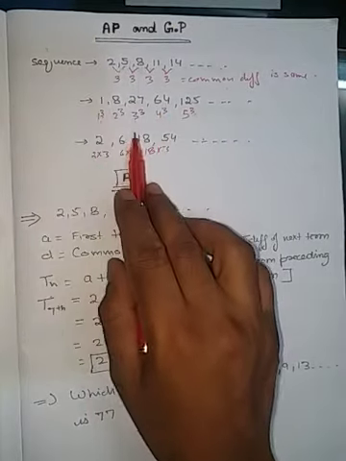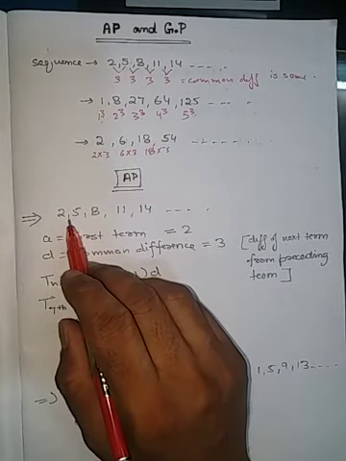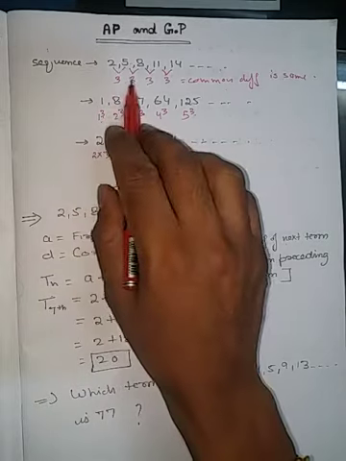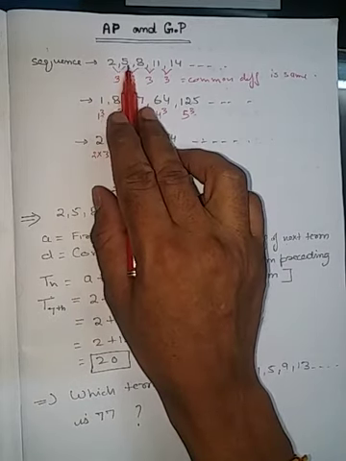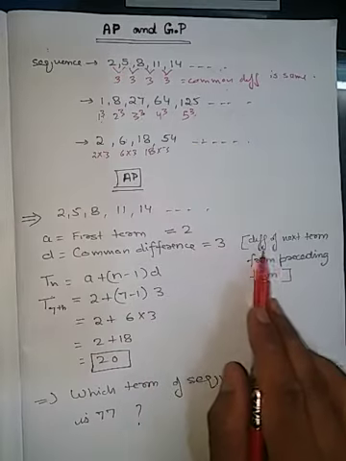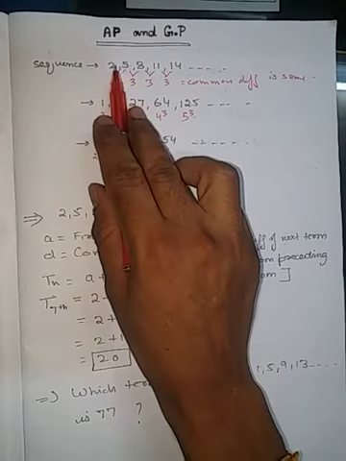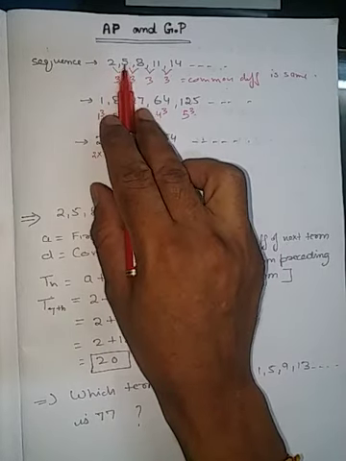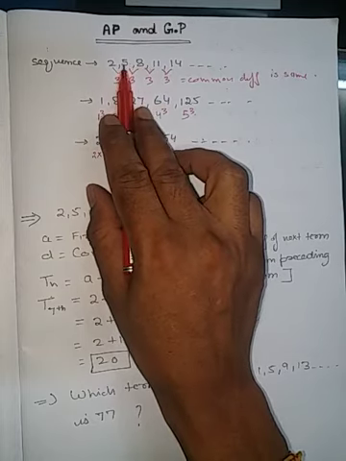And among these, which is AP and which is GP? So what is an AP series? An AP series is when the difference is common between the consecutive numbers. And remember that the difference is always taken not by 2 minus 5, but always the next number minus the preceding term. Never take the common difference as 2 minus 5, because it will be minus 3. So always the next number minus the preceding number.